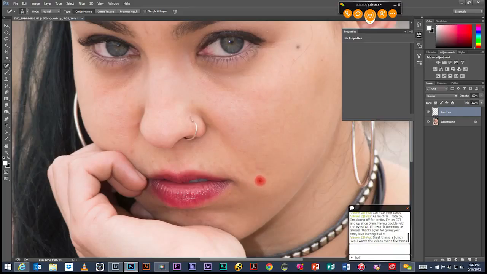However, if I'm working in larger areas, I still work in small increments, but will still use smaller brush strokes